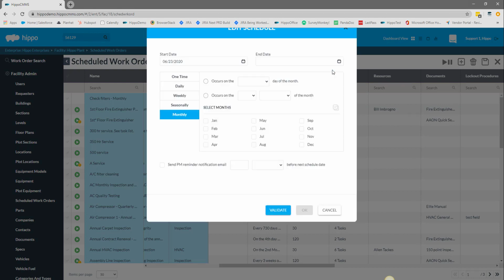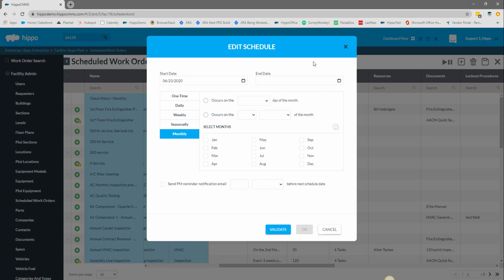When I click on the Add button, the Edit Schedule window opens. This is where you can select which calendar date this ticket will generate. By default, it's set at monthly. You can select the specific day of the month, or you can select a specific day of the week and then determine which month. If it's an annual, select 1 month,